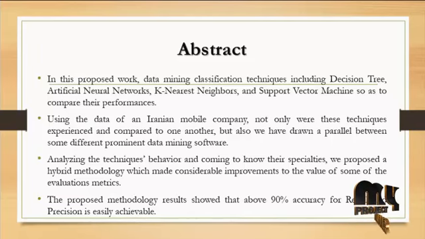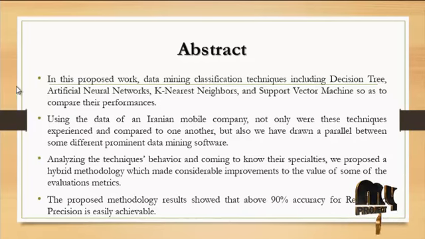Generally, data mining, sometimes called data or knowledge discovery, is the process of analyzing data from different perspectives and summarizing it into useful information, information that can be used to increase revenue, cut costs, or both. Data mining software is one of a number of analytical tools for analyzing data. It allows users to analyze data from many different angles and dimensions, summarize the relationships, and identify them. Technically, data mining is the process of finding correlations or patterns among dozens of fields in large relational databases.